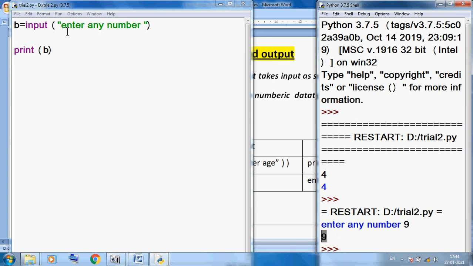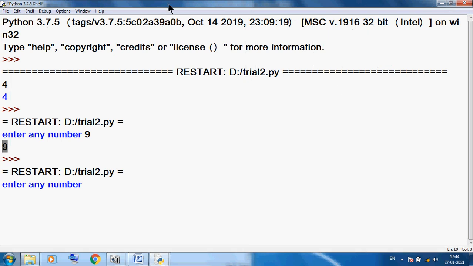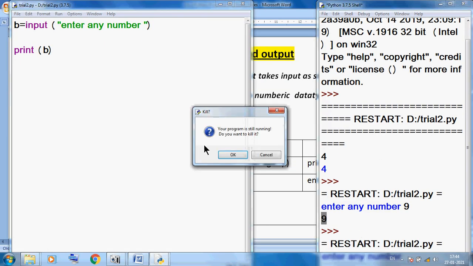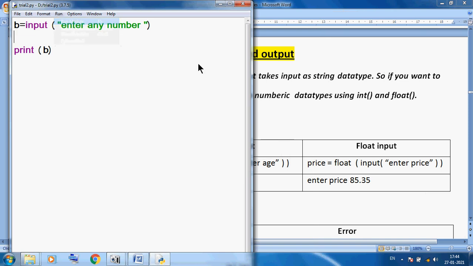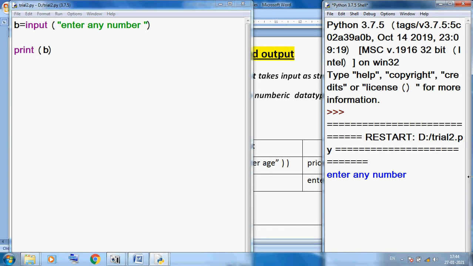Okay, but I want to save and run this program again. So you can input anything. Now I want to save and run this program again. So input any number. Okay, suppose here I am using 3.14. Now you can see the answer is 3.14.